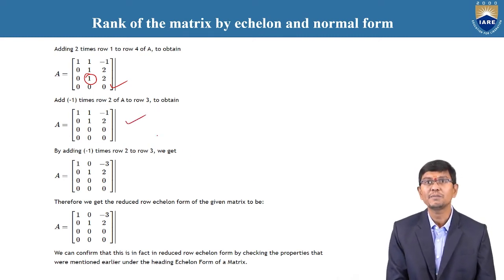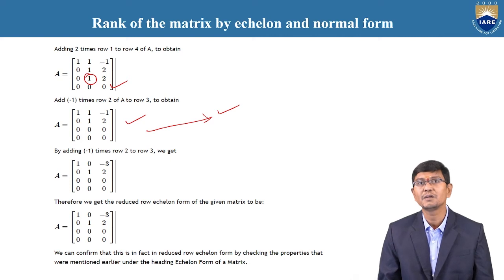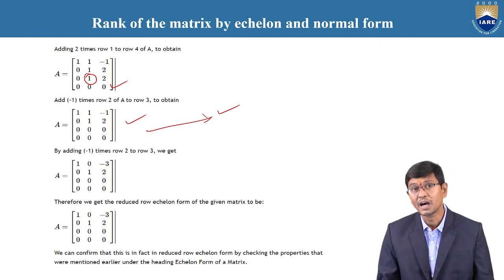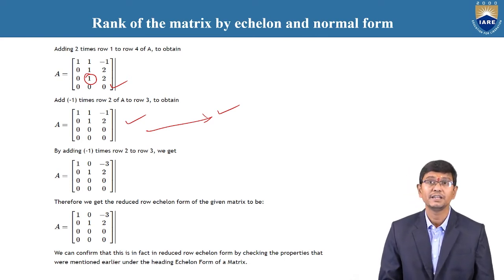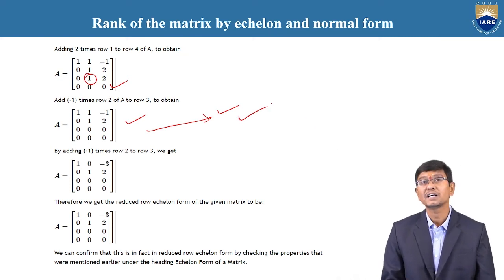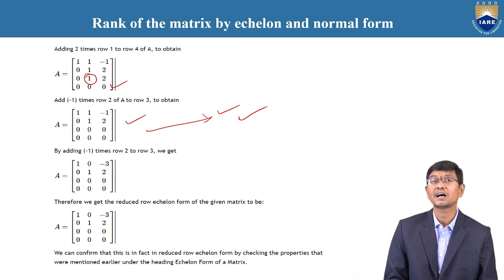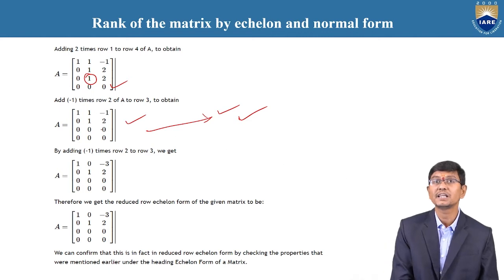Therefore, automatically the matrix is changed. If you want to stop here, it clearly satisfies the echelon form of a matrix. Further, if required, you can change with R2 plus R1 minus R2, otherwise we neglect that. We need to consider up to here also. Why? Because according to the echelon form of a matrix, this matrix satisfies the echelon form, because the zero rows are available in the last row.